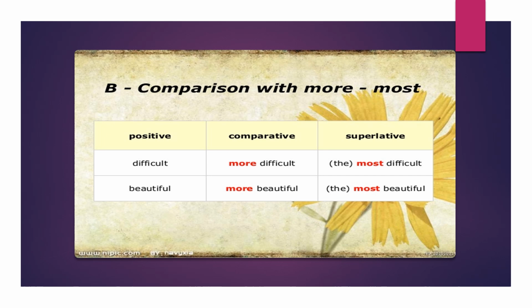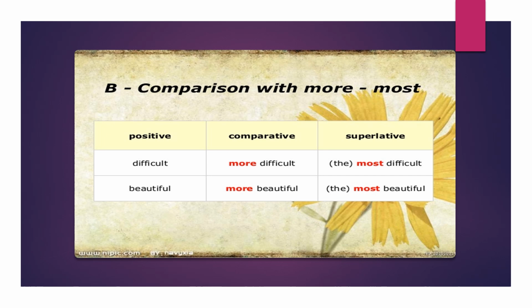Now there are certain words wherein adding er and est does not make a meaningful word. For such words, if we are using positive degree words to compare, either as comparative or as superlative, that means either comparing two entities or comparing more than two entities, we'll be adding the word more for comparative and most for superlative. So, this problem is difficult. It's a normal sentence. We're not trying to make any comparison. Algebra is more difficult than trigonometry.